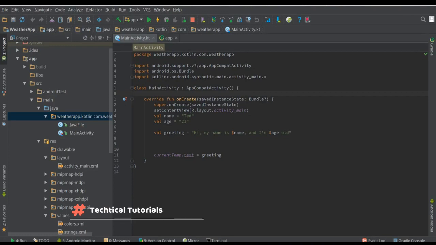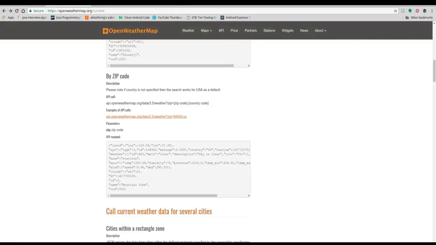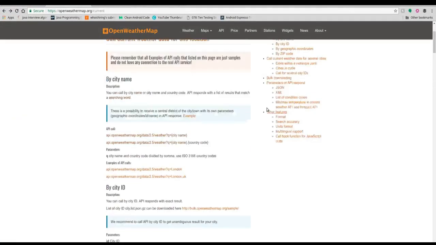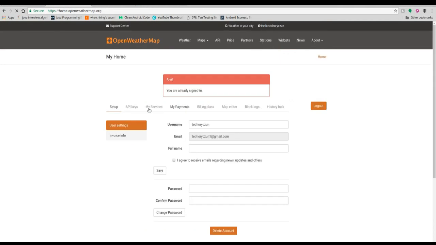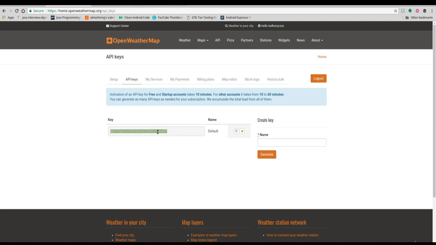So now we need data for our weather app. The perfect API for that would be OpenWeatherMap. Here it is right here. You just sign in and go to your API keys. Get your API key, go back to your API, and